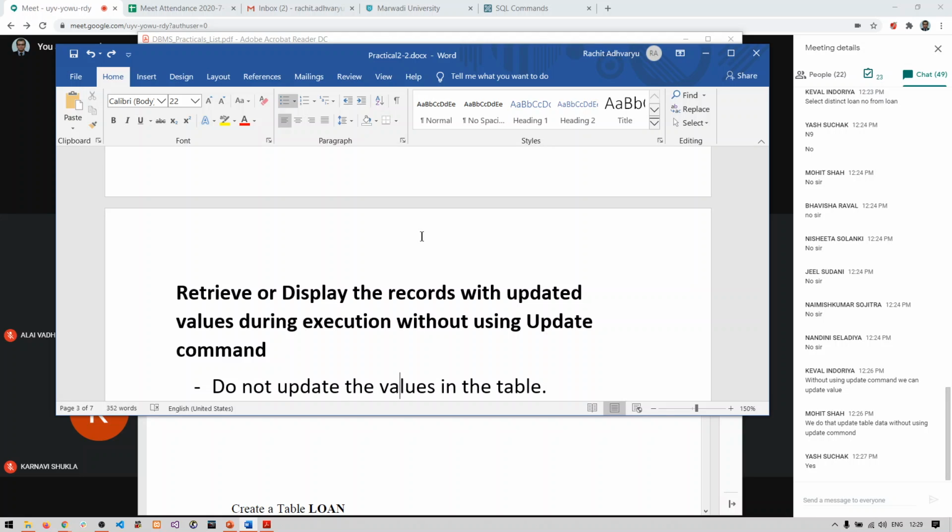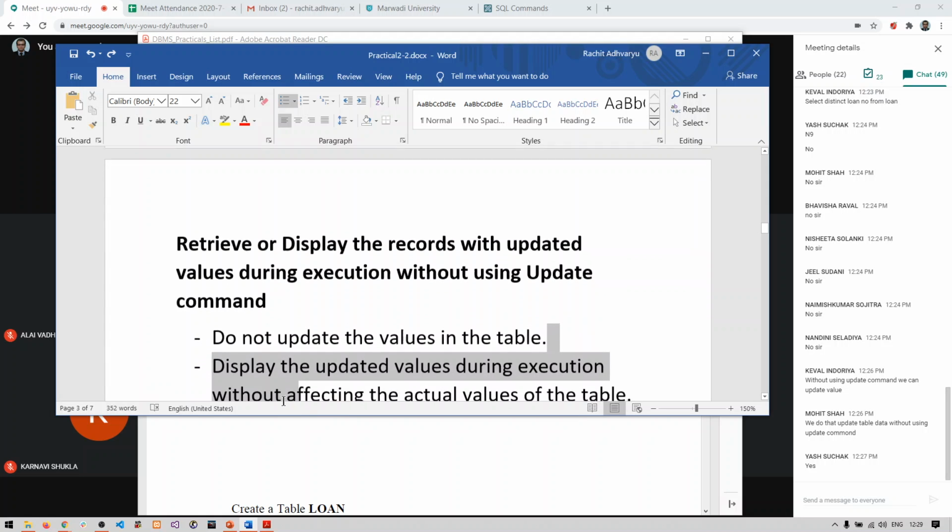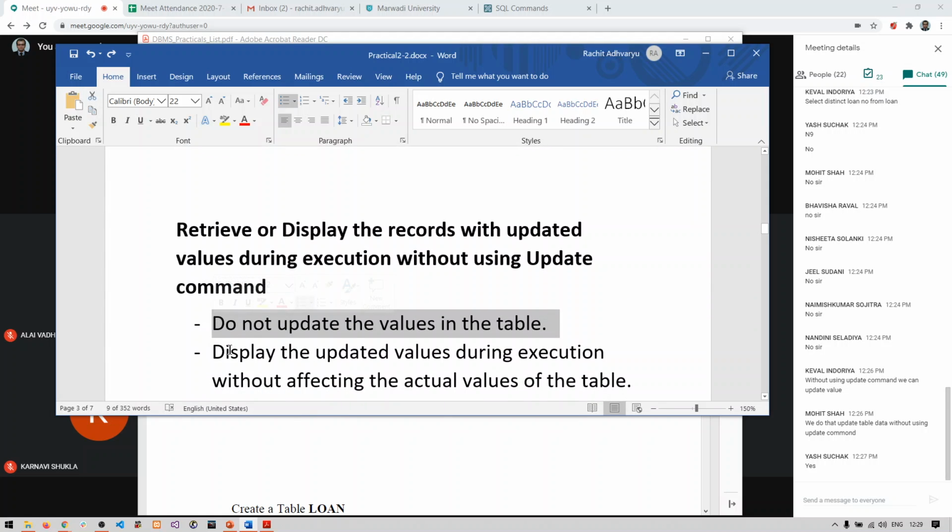Right? So the first line is a very cautionary line: do not update the values in the table, very strictly. Display the updated values during execution without affecting the actual values of the table. As I said, it is only for display purpose. You are just going to update at runtime and display it, and once it is displayed and the task is over, we are going to discard it.